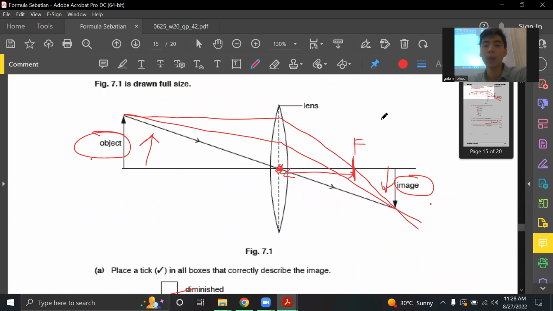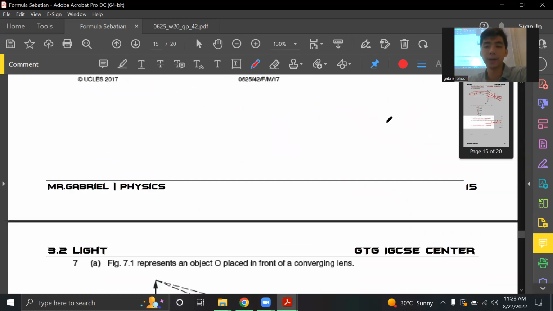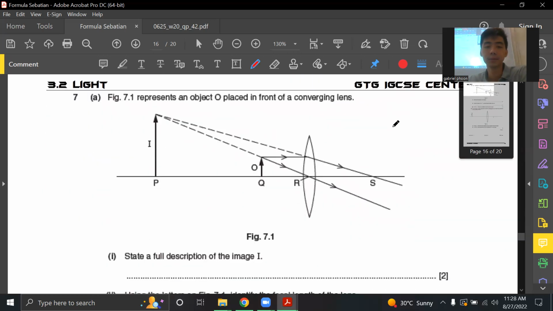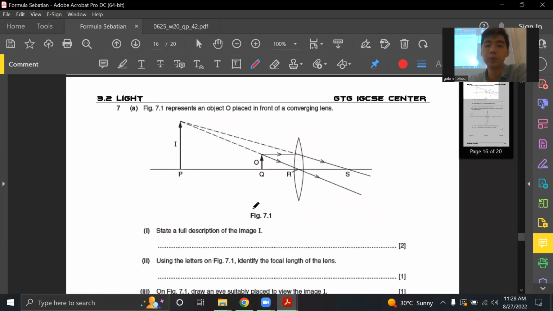Okay. And moving on to the next part here. Describe the full description of this image here. Full description, what's this? What are the three characteristics of this image here? Virtual, upright, and